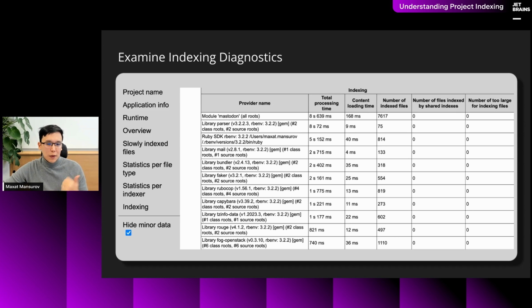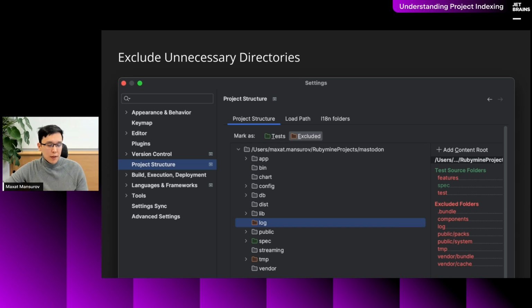And also, if you are ever to report some problem in the indexing, just be sure to include those diagnostics as well, as they are very helpful during troubleshooting. So this is very important.